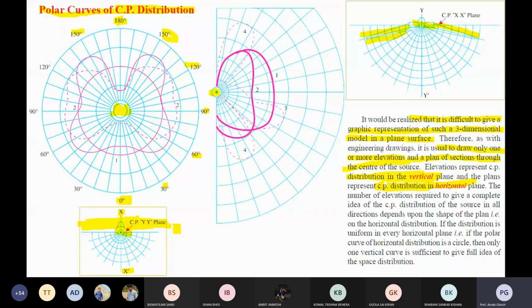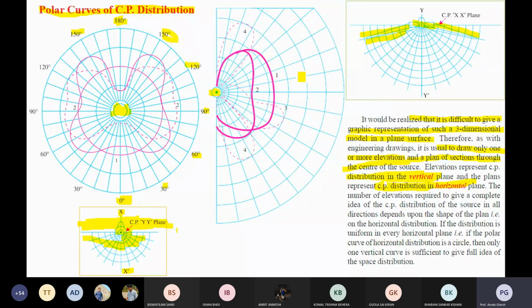Okay. Third one is your x dash plane, say candle power in the x dash plane. Basically this x dash plane means this plane is blocked with that reflector. You know that the reflector is there, so no light is there, so there is no light in the y side, okay, the positive y side, so it is x dash candle power. Okay, so elevations means top view. Okay, sorry, elevations means front view. You know that elevations means front view, meaning what you have elevated.